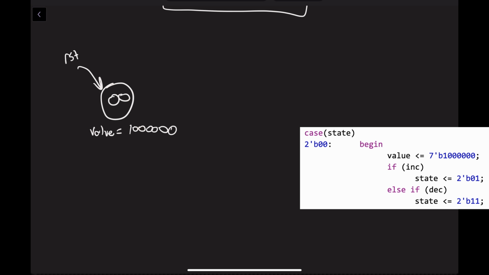If both of them are 1, or if both of them are 0, I want it to stay in the same state. So let's write that out. Let's literally go line by line. So it looks like it says value assigned. We've got that already captured. I then need